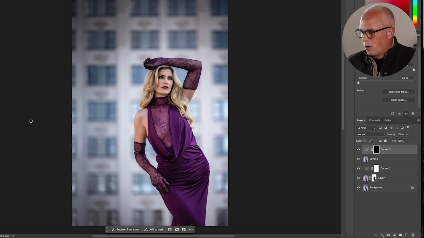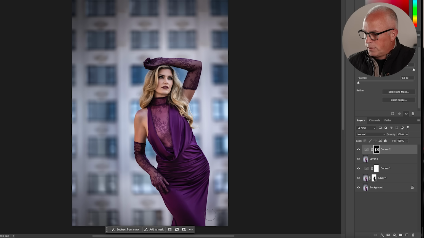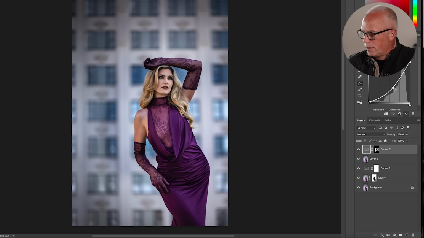I'm going to select my brush tool, select white, and then feather this a little bit. And I'm just going to paint in some of this stuff around her so that haloing isn't as noticeable. It's a very soft brush. And once I do this, let's just say I feel like it's too dark, right? What I can do here is come here on this curves layer because it's its separate layer and just, now